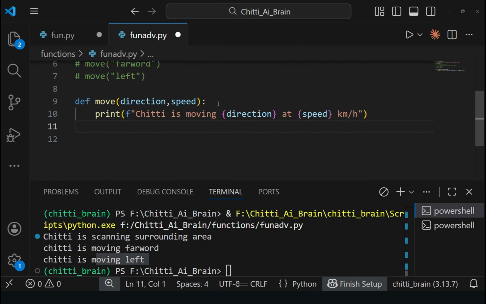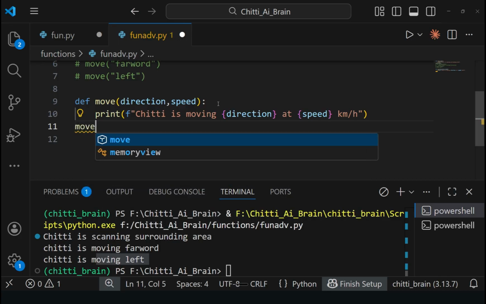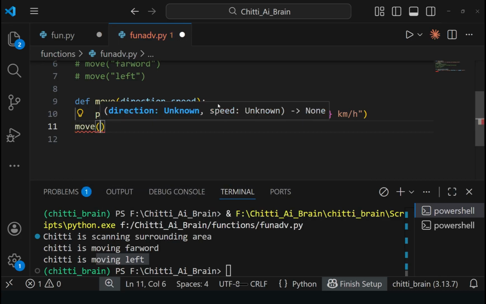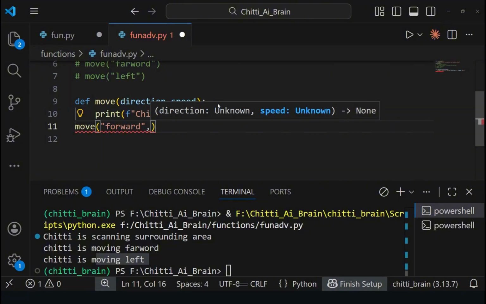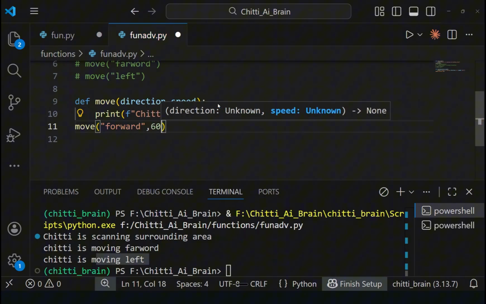Now simply you can call move with both parameters at a time. Move forward, comma, 60, like that.